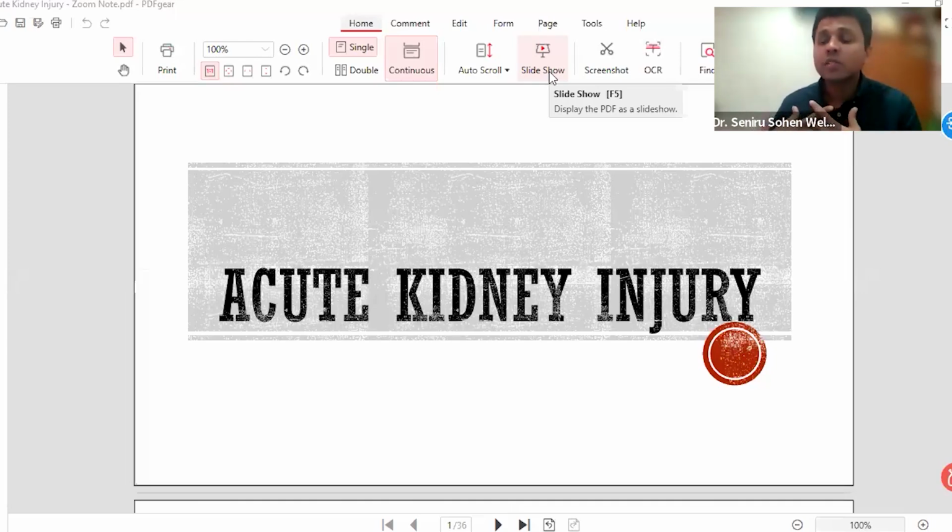So NSAIDs, when used in excessive amounts, as well as when there is some subtle kidney insult that is ongoing, when you take NSAIDs concurrently with that, the renal prostaglandin production will be reduced. What the renal prostaglandins normally do is increase the size of the afferent arteriole to the kidney, maintaining the renal blood flow. So when this renal prostaglandin production is shut off, this afferent arteriole vasodilatation is reduced, thus reducing